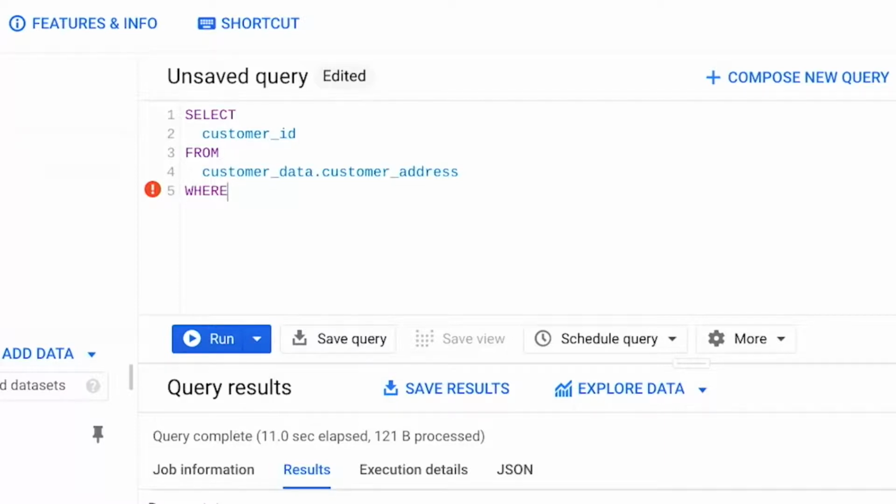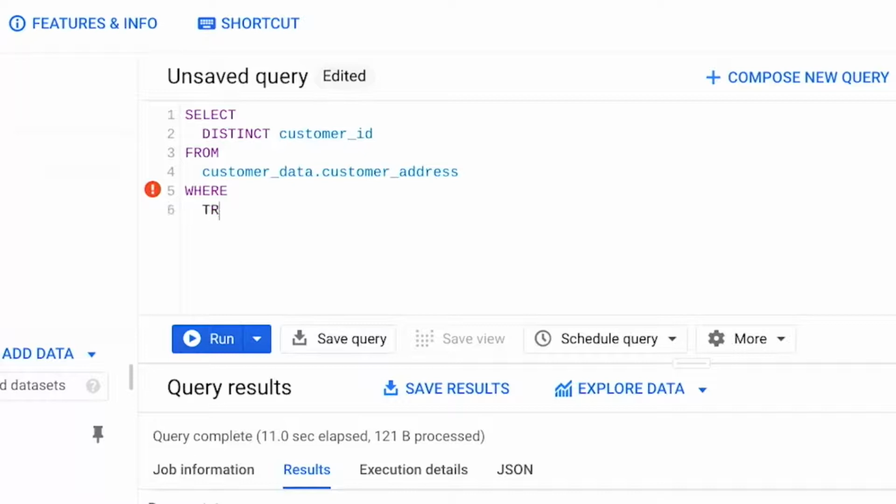Since we know we have some duplicate customer entries, we'll go ahead and type in distinct before customer ID to remove any duplicate customer IDs from appearing in our results. Finally, we want SQL to give us the customer IDs of the customers who live in Ohio. We're asking SQL to filter the data, so this belongs in the where clause.